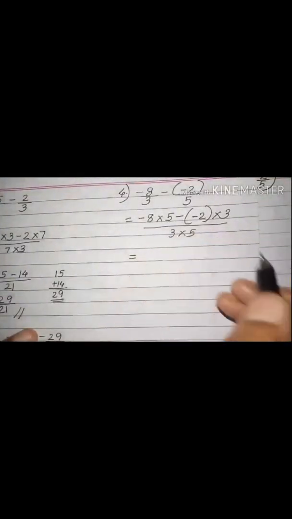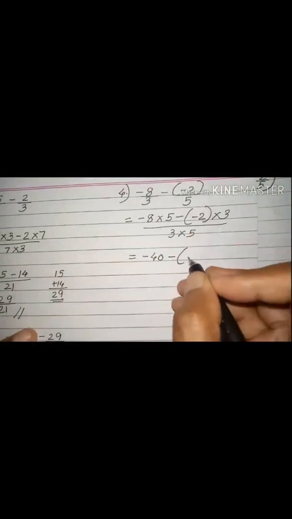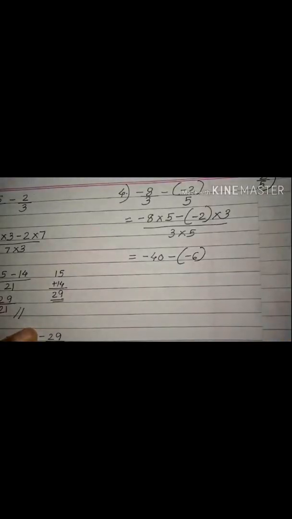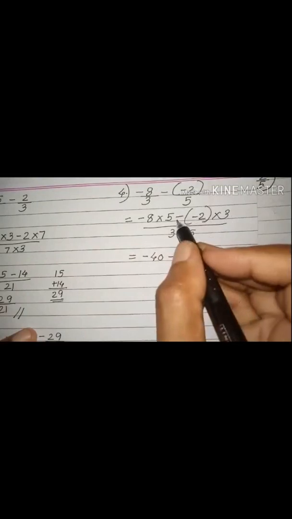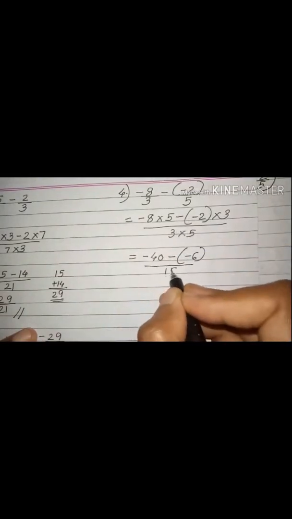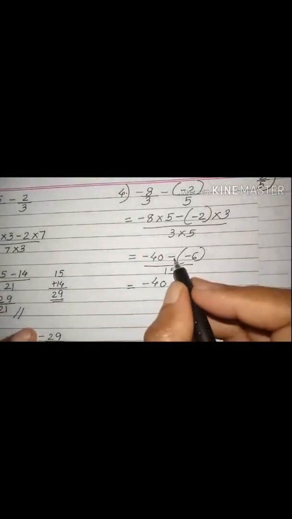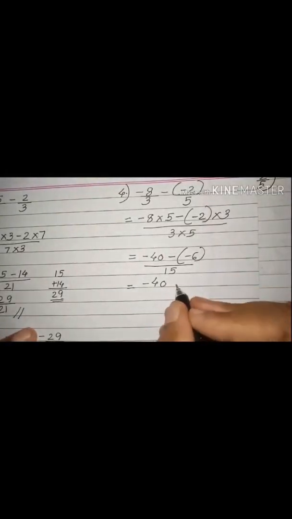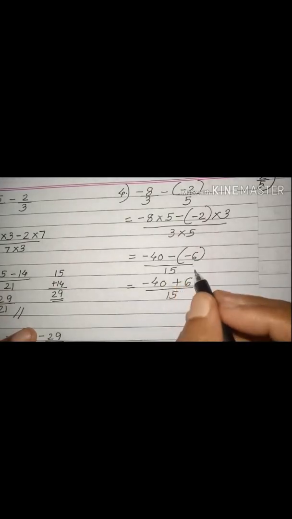Now you know 8 5s are 40, but there is a minus sign with 8, so it will be minus 40. Minus of 2 3s are 6, but they have a minus sign, so it will be again in the bracket minus 6. Did you understand? 2 3s are 6, but already a minus sign, so here minus will be there. And this minus, and below you have 15. So this will be minus 40. You already know, children, minus into minus will give you plus. Yes, minus into minus will be plus. Two negatives will give a positive number.